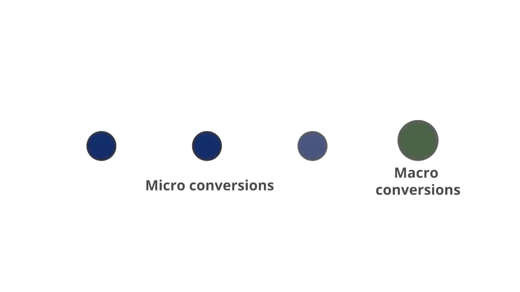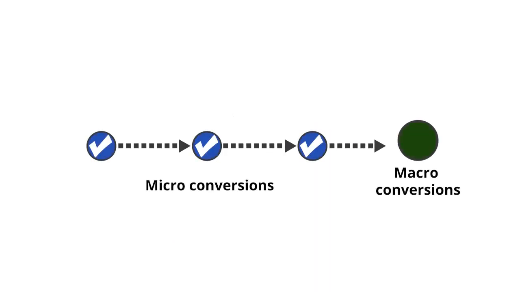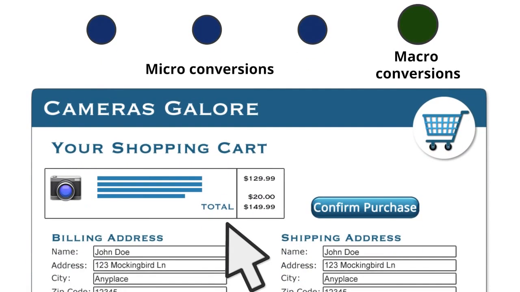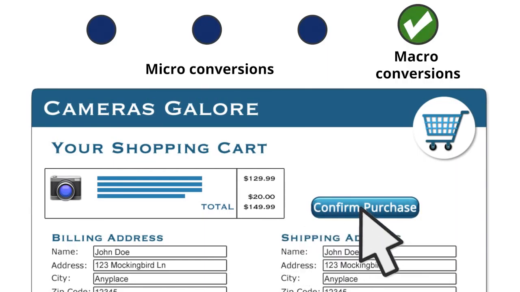In this lesson, we're going to discuss two important concepts used to measure the customer journey: conversions and conversion attribution. One of the most important concepts in digital analytics is the idea of macro and micro conversions. A macro conversion occurs when someone completes an action that's important to your business. For example, if you're an e-commerce company, the most important macro conversion is usually a transaction.